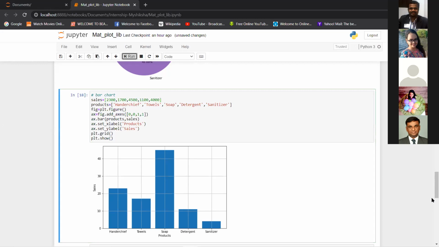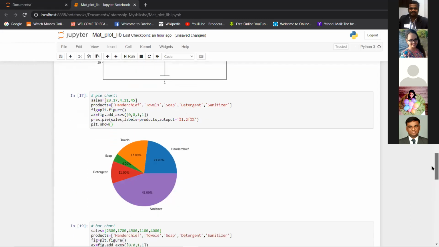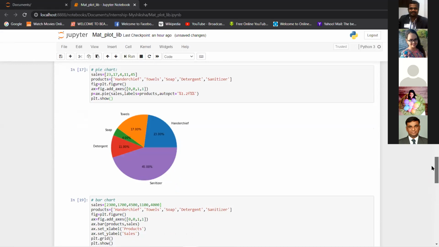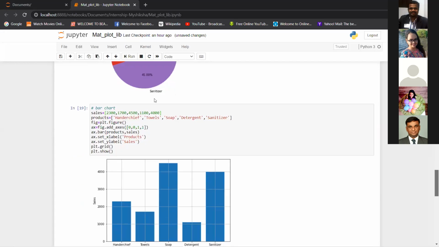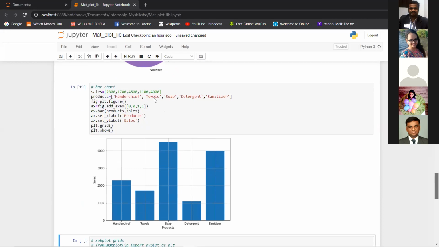Percentages are meaningful if you want to see the percentage for each section of values, so it is more meaningful to use the pie chart. But if you want to see units sold, sales in rupees or in numbers, it's better to use a bar chart. That's how you select between visuals: based on what you need, you select the right chart.